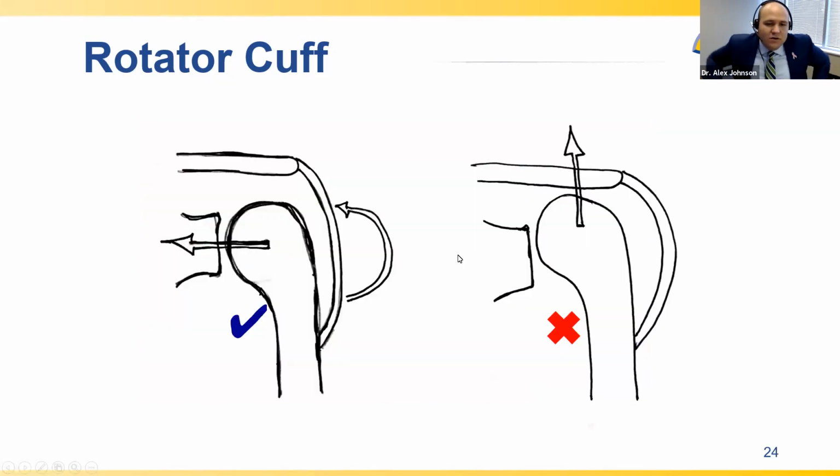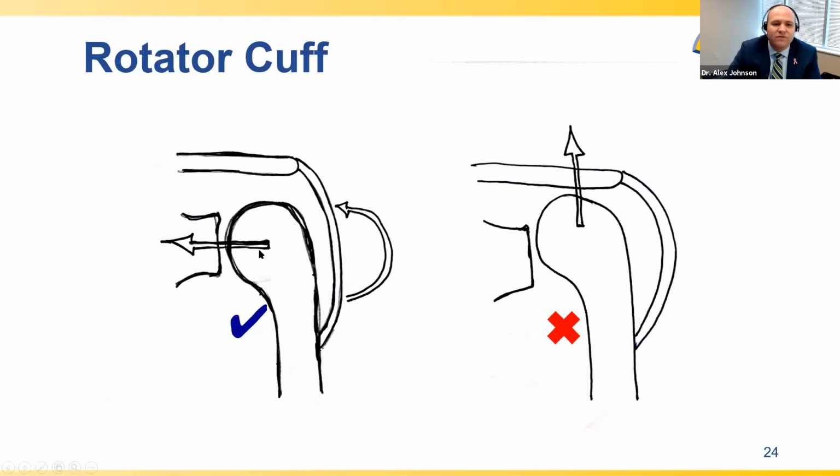And the point of the rotator cuff, interestingly, is not to lift your shoulder or move your shoulder. The point of the rotator cuff is to hold the head, this is your humerus, your arm bone, sitting like this, to hold it up against the socket. Your shoulder is not like your hip. It's not constrained. It's not a true ball and socket joint. And we're made that way so that we can move your arm all like this. If it was a true ball and socket, we wouldn't be able to do that.